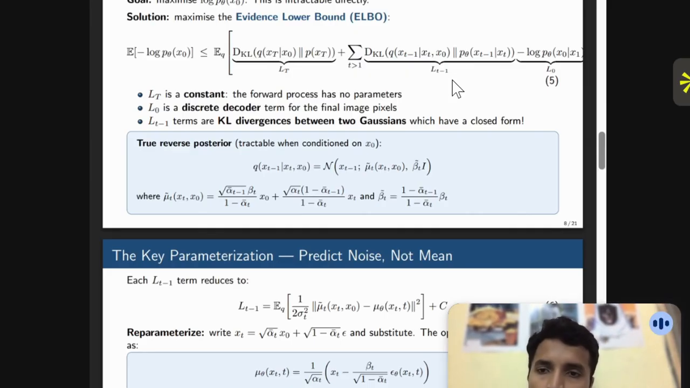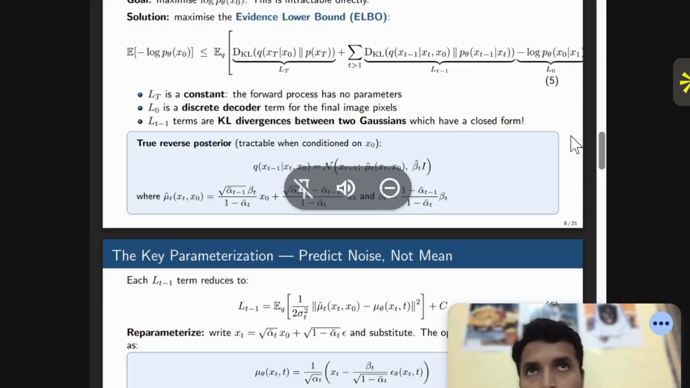If we look at the form the ELBO function takes, we can find three different terms: LT, LT minus one, and L naught. To understand the significance of each, look at LT first. It is basically a constant term because it measures the KL divergence between our final noise step and a standard Gaussian prior. Since the schedule we are talking about is fixed, we don't actually need to train this part. Talking about L0, this is simply a reconstruction term